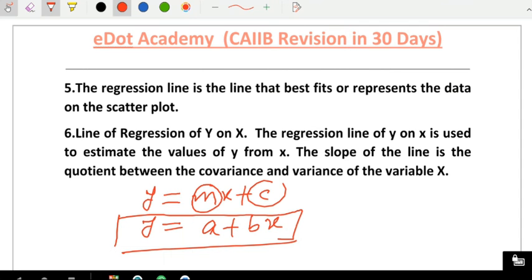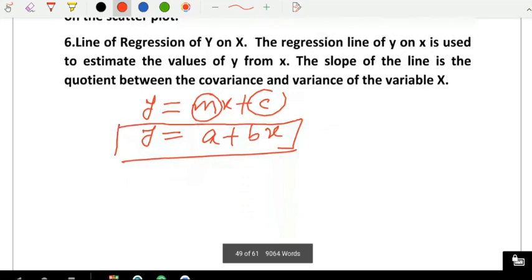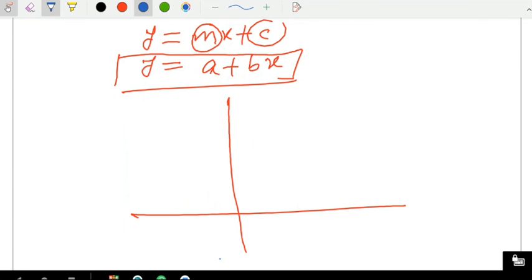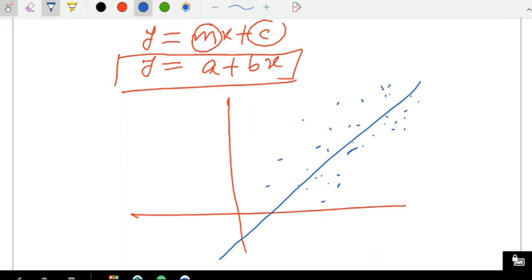I'll draw a graph and show you how they are related, a and b. If I plot this graph and get a linear relationship like this, the points will be scattered, like this, x and y, if they are not exactly related. If I put some points, then the mean line is like this. So this is the slope. How much slope is there?